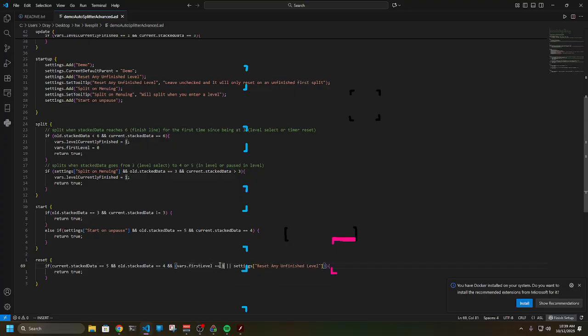Or reset any unfinished, reset any pause. Actually, okay, slightly more convoluted fix. So that is one case, or reset any unfinished level